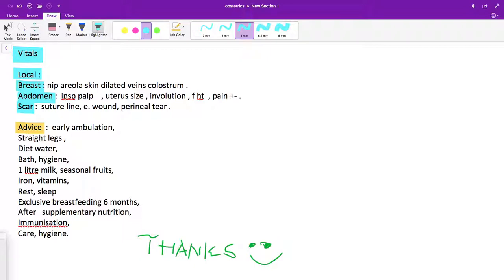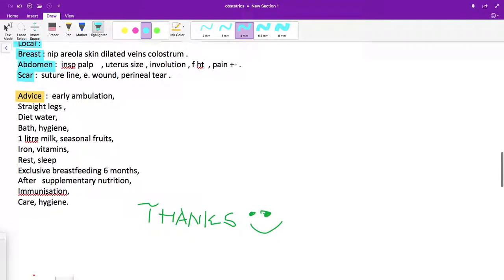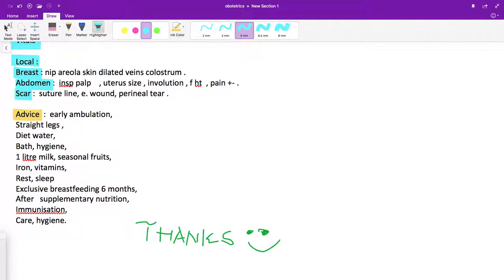Okay, so scar tenderness has to be felt in the lower segment of the uterus, number one, and in a transverse fashion. So that is one point that many people don't know. So that was all abdomen examination, and in the scar, that means the local examination, you have to ask the woman to expose and try to maintain the privacy, and then you have to see for the episiotomy